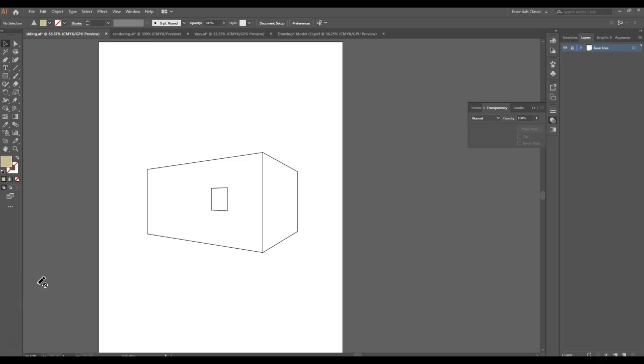Hello class. In this video I'm going to show you how to render siding, and in particular wood siding, using Illustrator. As many of you know, I like to do a lot of rendering in Illustrator. While it takes some time, it gives me ultimate control, and here's some tricks on how to accomplish some things